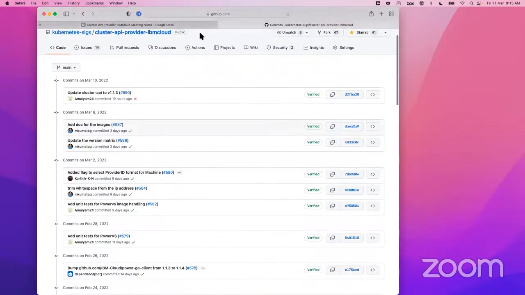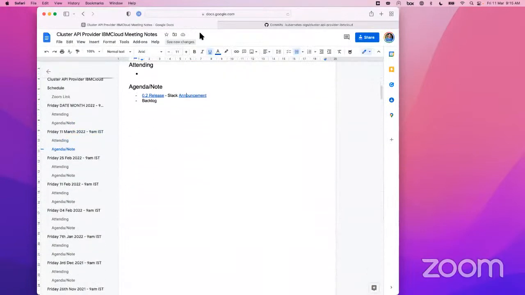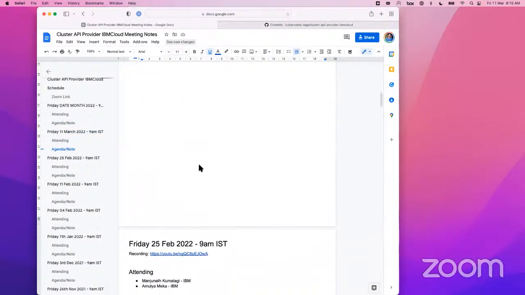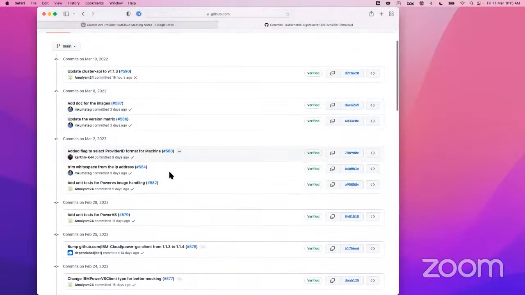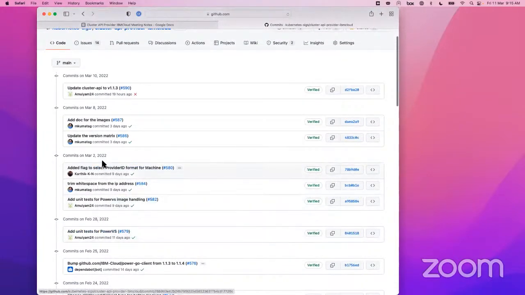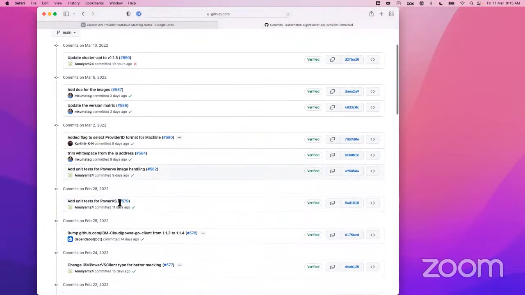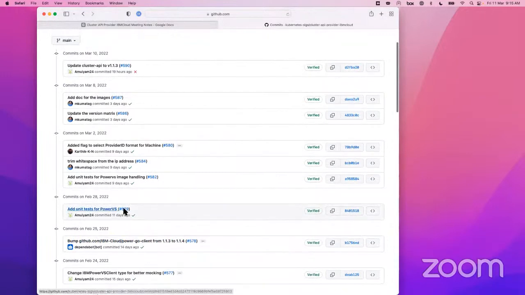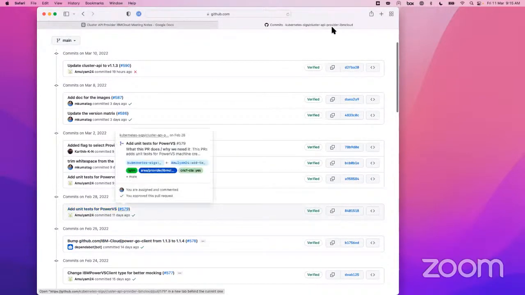When was our last meeting? February 25th, right? Post February 25th, we just migrated to, I mean, started using the latest Power client. That's one minor thing, and then we added unit tests for PowerVS, and this is basically